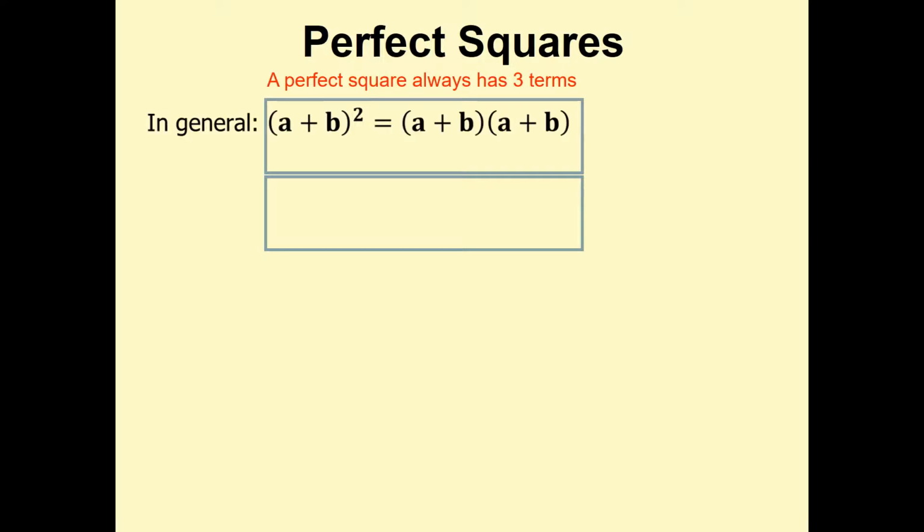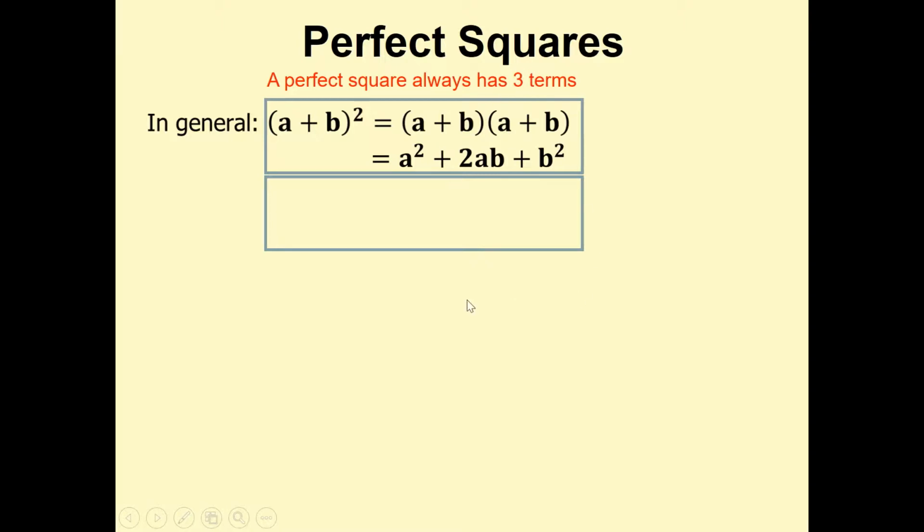So in general, if I go a plus b whole thing squared, what that means is it's repeated multiplication. So a plus b is multiplied by itself twice. Power of 2 means it's multiplied by itself twice. So if I go a plus b into a plus b, that will simplify into a squared plus 2ab plus b squared. Please be careful, there will be a middle term as well, so perfect squares will end up with